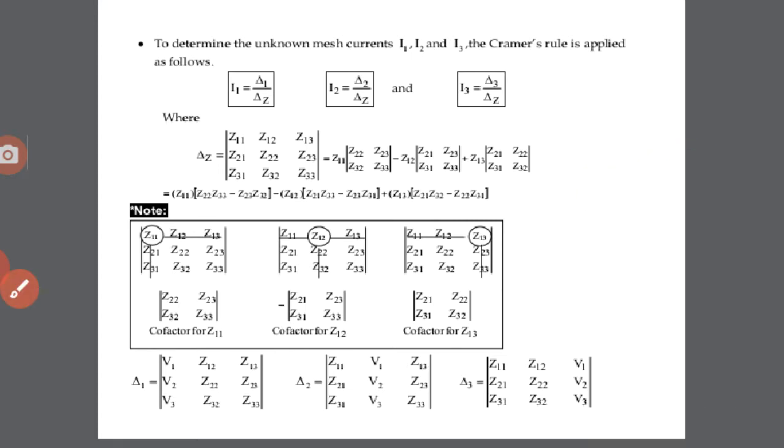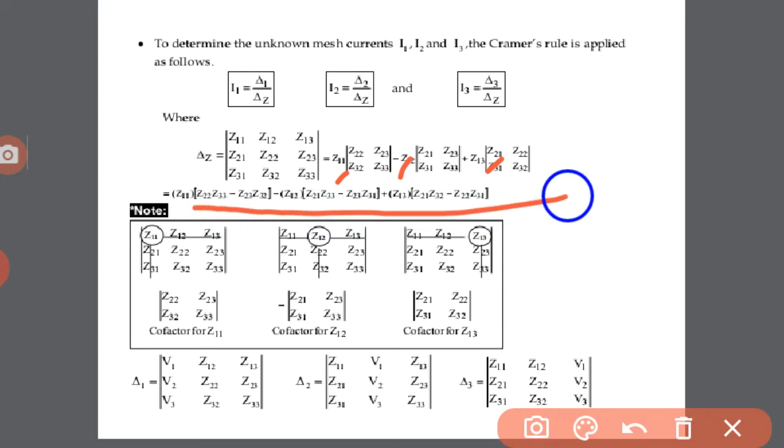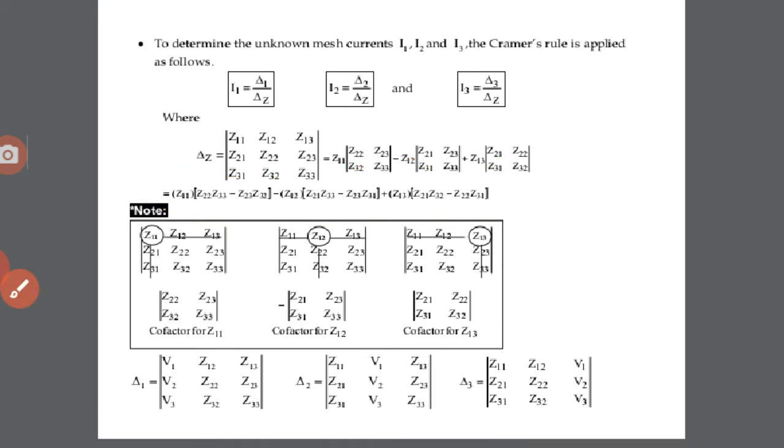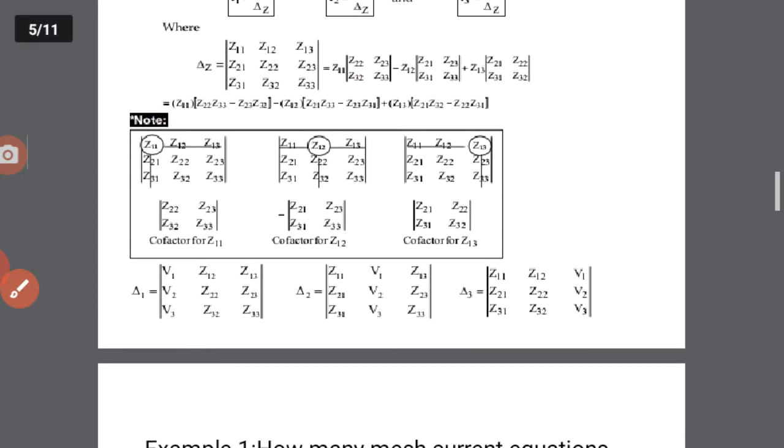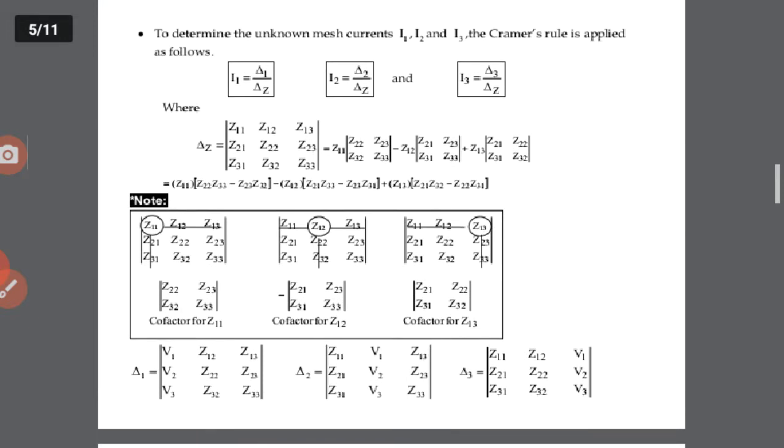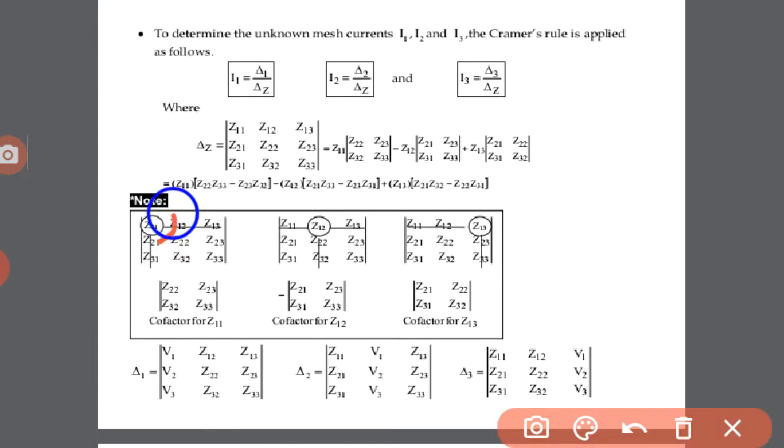So that's why here positive value, that is plus, positive, next negative, next one is positive. In this way we are determining the determinant of a matrix. At the same time, after that we find out the value of the coefficient of a matrix. Here the coefficient of the matrix: if we want the Z11, then the coefficient of the matrix